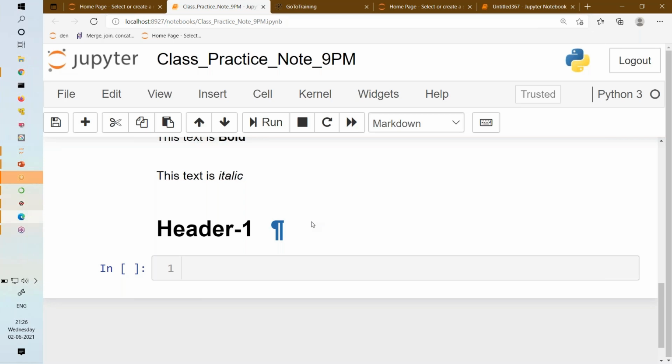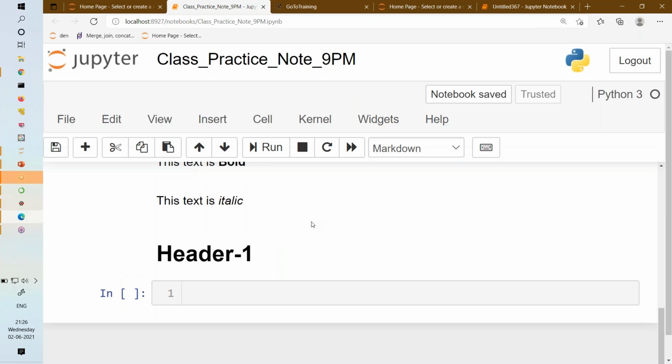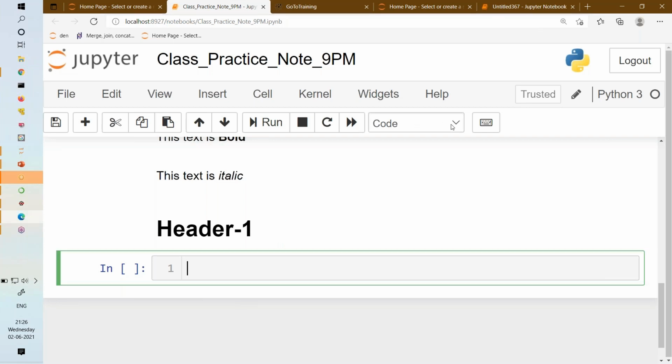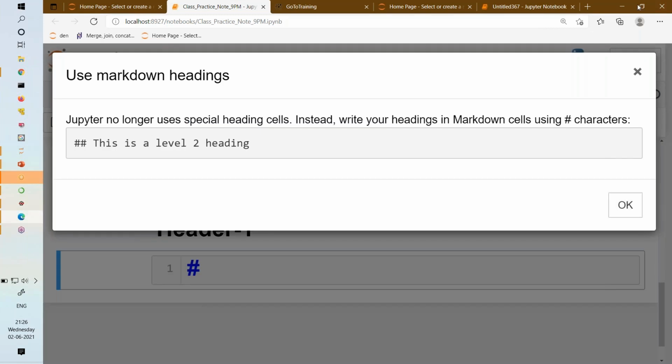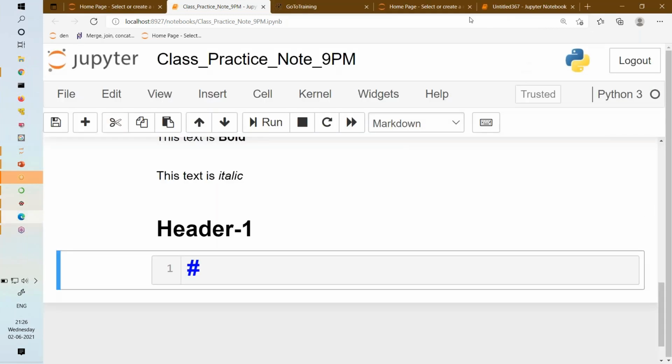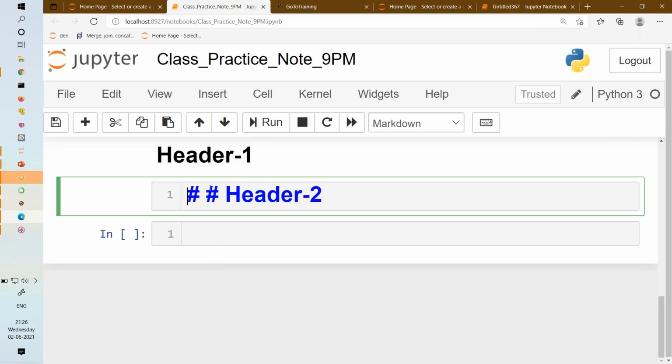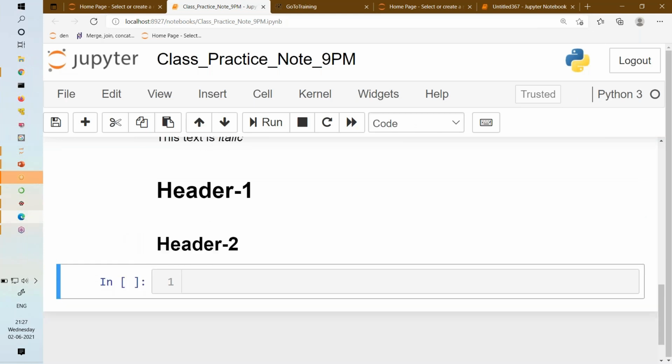Each process you can subdivide; in the sense, header 1 can also be divided into multiple subheaders. How to give subheaders? What I told you is two hash. So again you come here and select heading. Right now, how many hash? One hash. You add one more hash here. Now two hash, and then you write this is header 2. Sorry, there is a space; there should not be any space between the two hashes. If you run this, can you see the size of header 2 is smaller than header 1? So this is your subheader.